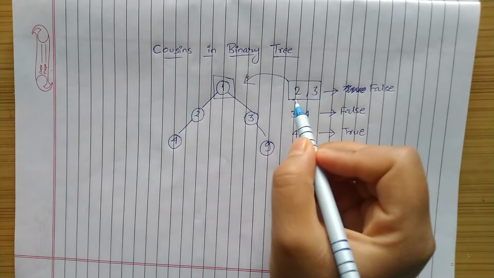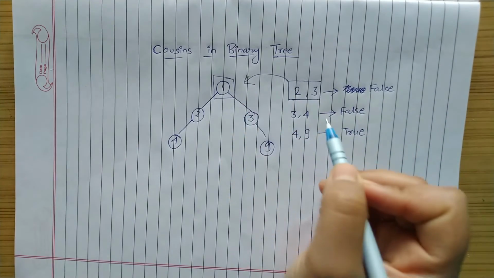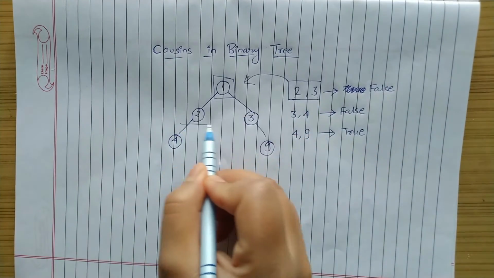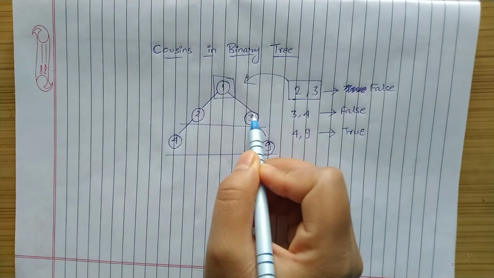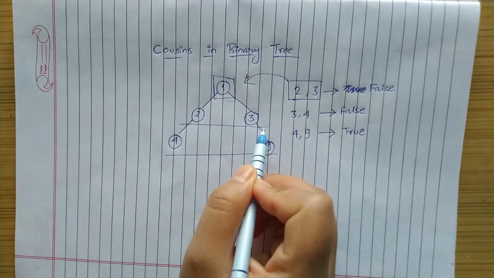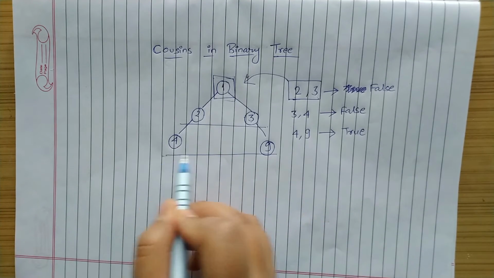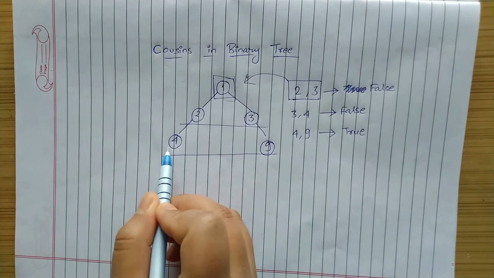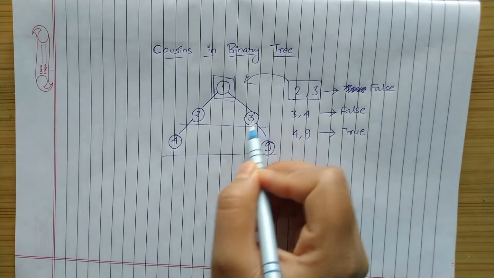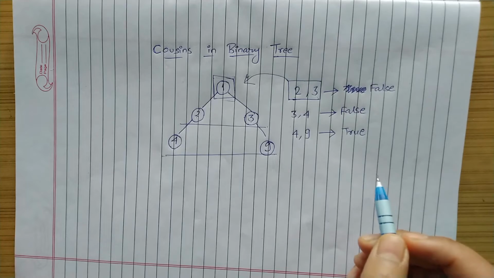For today's question, we will be given a pair and we have to find out if the pair is a cousin in a given binary tree or not. What a cousin means is that both of the numbers should be on the same level, but their parents cannot be the same. Like for 2 and 3, they have the same parent even though they are on the same level. So they are siblings but they are not cousins. In this case, we have 4 and 9 on the same level, but their parents are different, so they are cousins. For 3 and 4, we can see they are not on the same level, so they cannot be cousins at all. Now to solve this problem, there are two approaches.